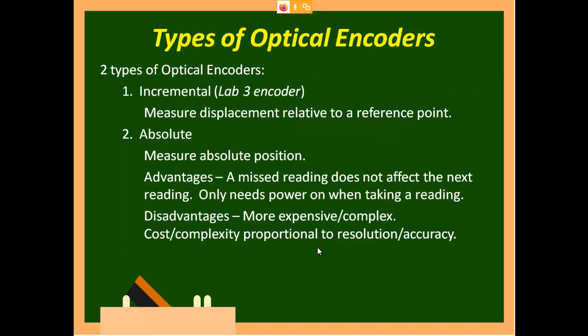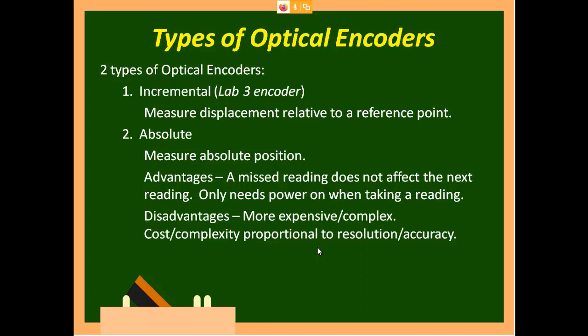Incremental measures the displacement relative to the reference point. From a reference point, how many degrees it has rotated. So within one revolution you talk with respect to degree. If more than one revolution, we talk with respect to speed. That is the difference, just take note. In case of incremental, if it is less than one revolution, we call it displacement relative to the reference point. If it is more revolutions, then we talk about speed.